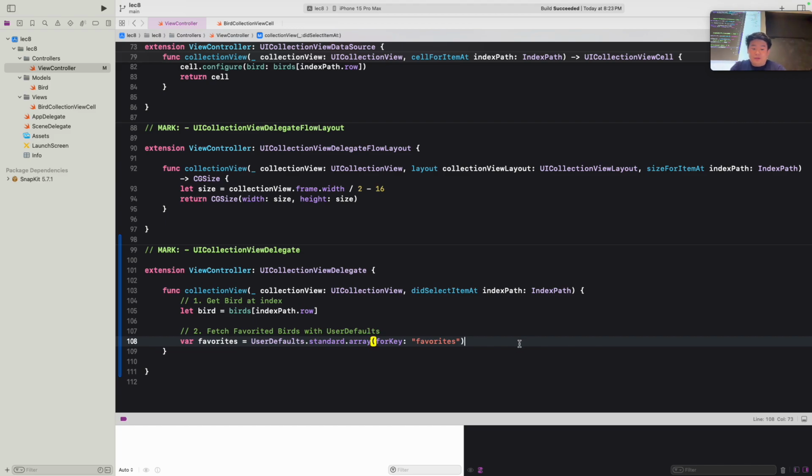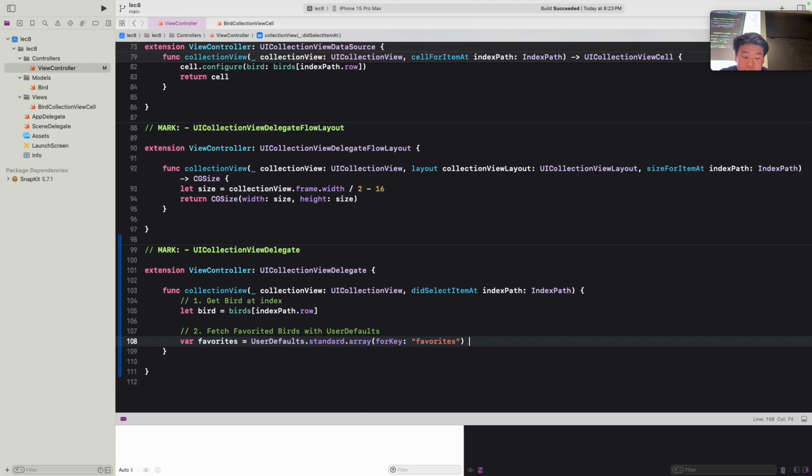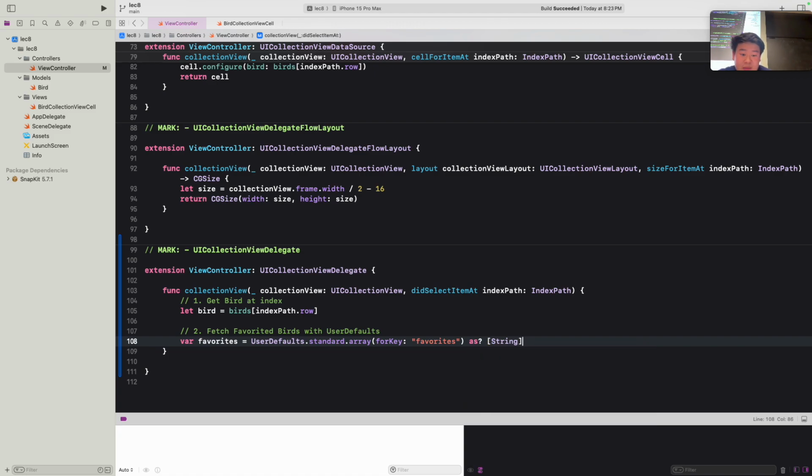And keep in mind, if we look at the type of what favorites is, you can see that it's a list of Any?. We actually don't want that, because we want our favorites to be a list of names. So like we do with the collection view setup, we want to cast this using the as keyword as a list of strings, and it'll also be optional. So we want to supply it with an optional default, which will just be an empty list, like so.